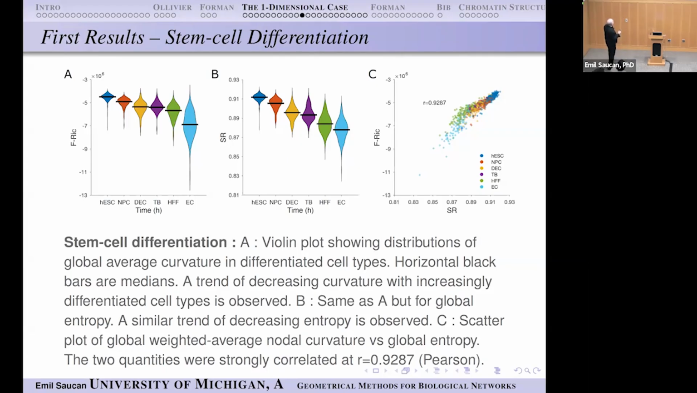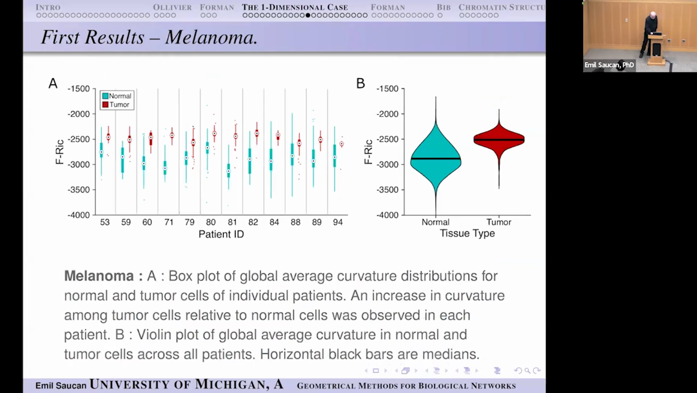Ricci curvature, graph Ricci curvature, the one you saw, goes down as cells differentiate more, and so does entropy. And they're very well correlated, and that was the first time that somebody observed this relation. And for cancer, we have the opposite phenomenon. The more the cell gets out of normality, closer to being cancerous, the more the entropy grows. And you can see this in these histograms. Okay, so,